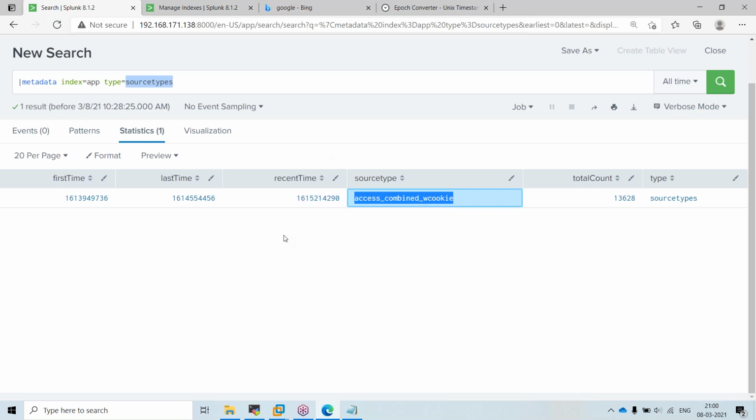How can I search? You have to extract your fields. You have to write your queries and extract the fields. Splunk won't discover the field. There is no rule that Splunk has to discover the field. Whatever data comes in, it's not Splunk's job; whatever it knows, it will display or create the field.